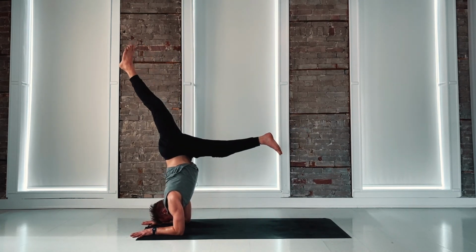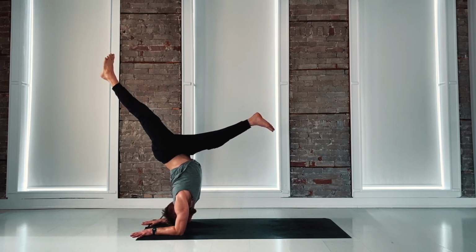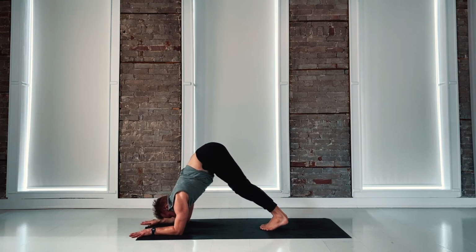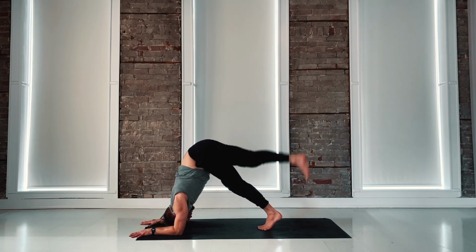It's really that action of shoulders over elbows and then pushing the heart through the hands. Take rest whenever you need it. Feel free to come back up again. Working the dolphin. If you're not quite ready for forearm stand, you can work the dolphin in a number of ways. So one of which is shoulders over elbows, heart towards the feet, and then swing your right leg up